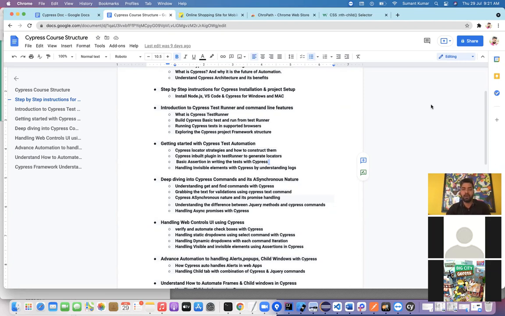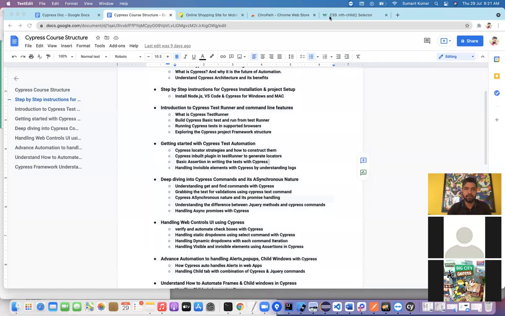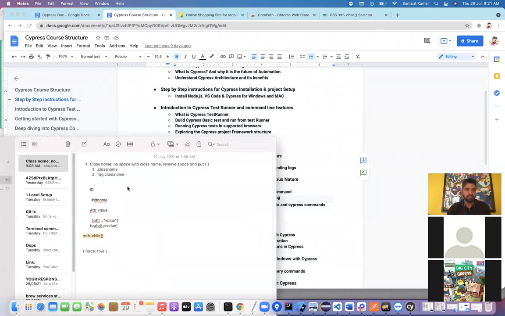So what is the priority? You have to focus on that. The first priority is this, from our notes: either use the class name, or some ID name, or some unique property. If that is not working, then go with the attribute value, and if even that is not working, then go with the nth child or the EQ concept. But yes, I got your question. It will definitely fail if some element has been removed.